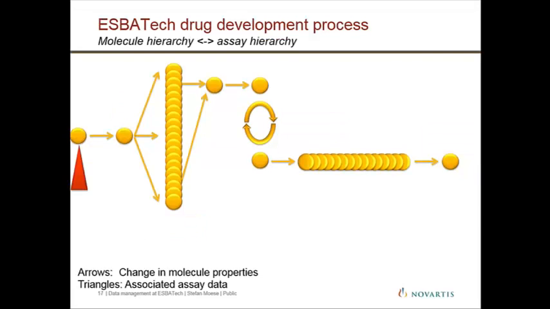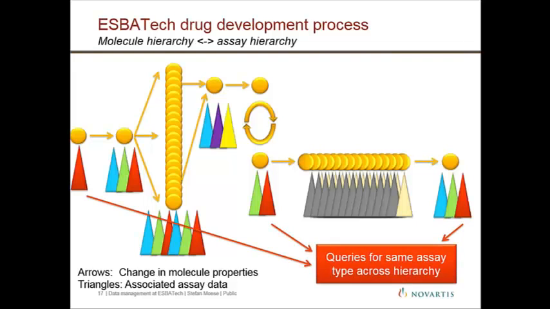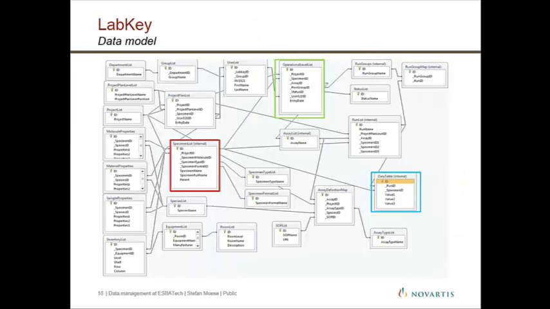The second level then is, each of these triangles represents an assay. So, at each stage, you're doing lots of assays. Sometimes they're the same, sometimes they're different ones. And one of the requirements we had was, okay, for example, you'd like to know how efficient is the molecule. So let's just take the red one as an example. So you've done the assay at all the different steps. So what we want to do is to do queries